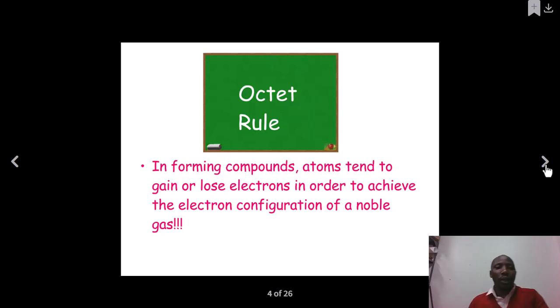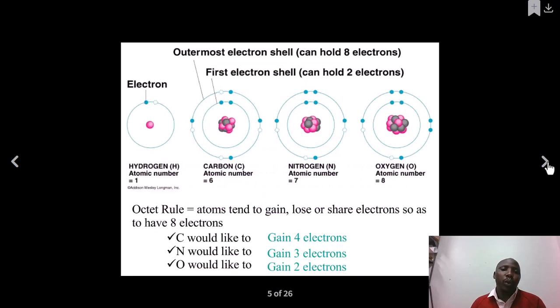This is what I was telling you about the octet rule, whereby an octet is an element or group of atoms which has a noble gas configuration. This is about having 8 electrons on the outermost shell, which is again called the octet rule. How do we find the outermost shell electrons? Here, like you see, this is the nucleus of an atom.